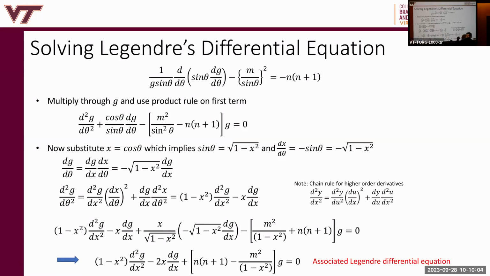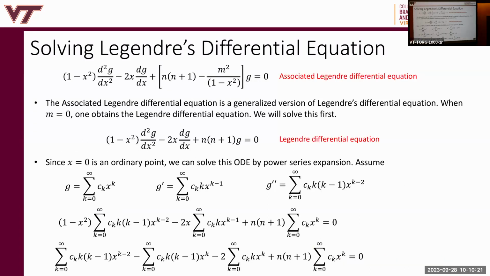You can also express that in terms of x by making a substitution, and you're going to do that in your homework. But in the end, you get this differential equation, which is one that mathematicians have solved, and it's called the associated Legendre differential equation. It's tabulated and all of its properties are provided in the appendix of your book, which you're going to read as part of your homework. All right? So we can solve the associated Legendre differential equation.